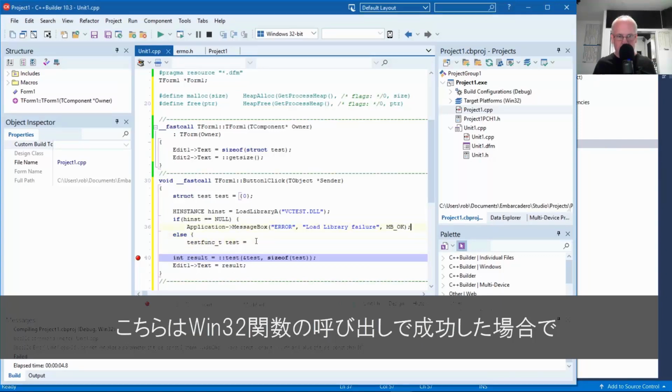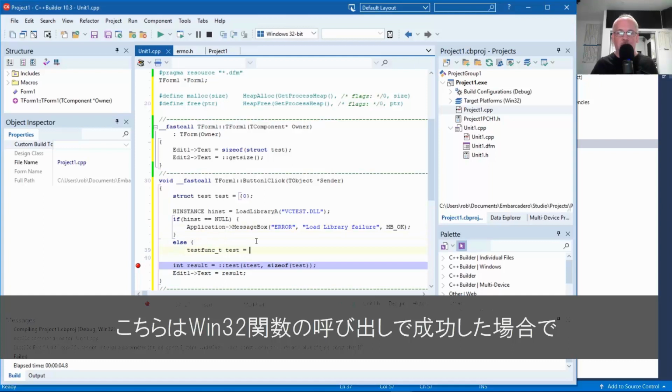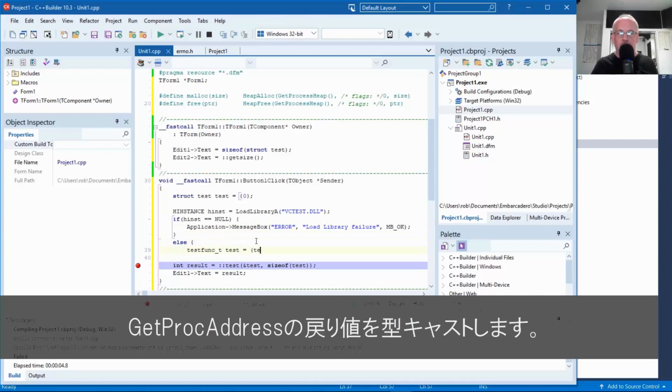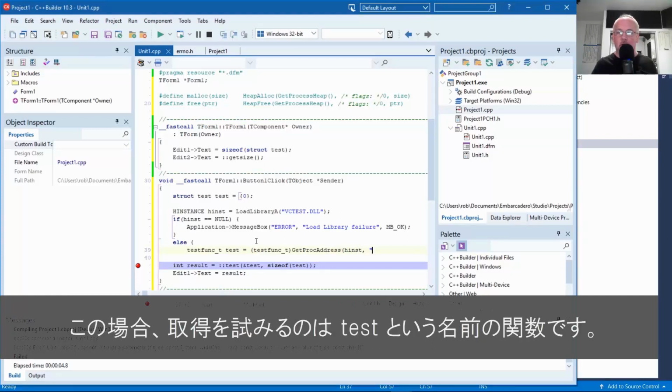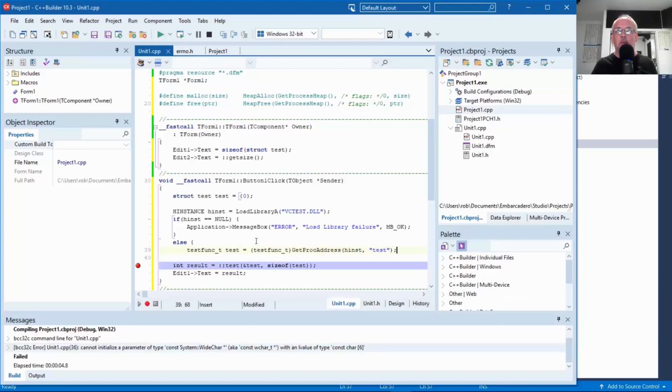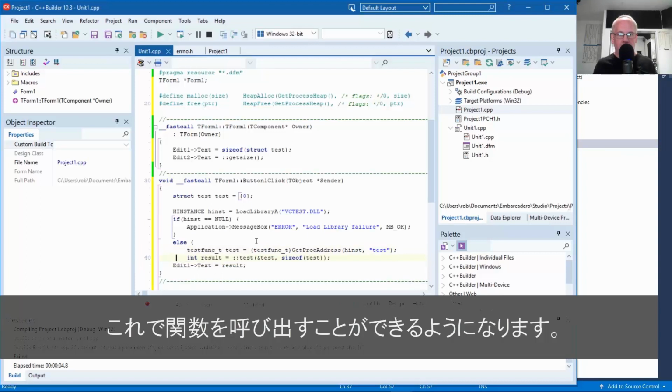success case. I'm going to call the Win32 function GetProcAddress, which we'll have to typecast the return value of, pass it the hinst handle, and then the name of the function that we're trying to get. In this case, it's called test. And then we should be able to just call it here.